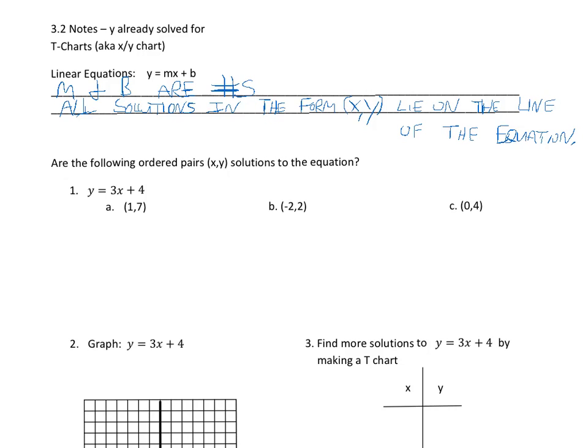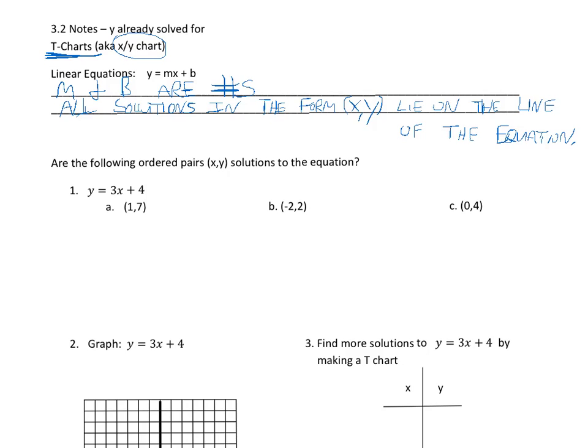Alright, this is going to be our first video on graphing lines. It's also referred to as linear equations. And there's going to be a couple methods that we're going to use. This first method we're going to use up here, T-charts, aka the XY chart. We've gone over basically plotting points in the coordinate plane, the XY coordinate plane. Now we're going to plot some points using an XY chart, and when we connect them, they're going to make